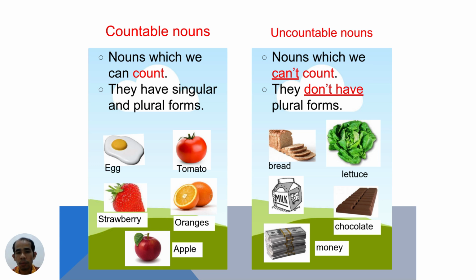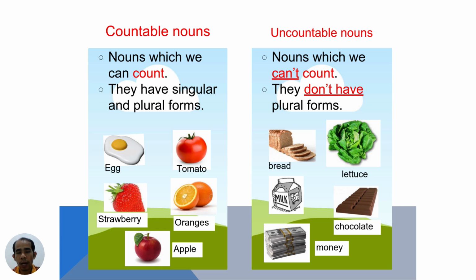Tomato, tomatoes. Strawberry, strawberries. Orange, oranges. Apple, apples. These are all examples of countable nouns. So remember,